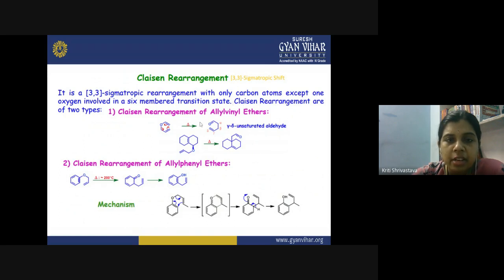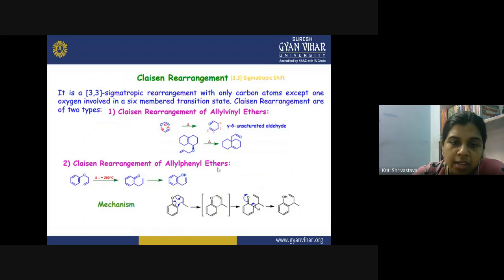So Claisen rearrangements are of two types. We have the Claisen rearrangement of allyl vinyl ether, and this is the Claisen rearrangement of allyl phenyl ether. The major difference would be the formation of two different products. When we take the allyl vinyl ether and heating is performed, the reaction is concerted in nature, and all pericyclic reactions have a concerted mechanism taking place through a cyclic transition state, accompanied by the replacement of this single bond, the sigma bond, to a new position. So this is allyl vinyl ether in which the 3,3 sigmatropic shift is taking place.